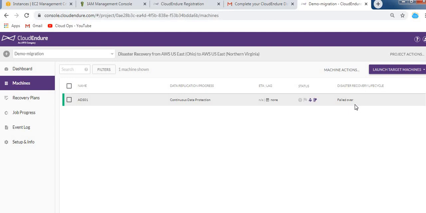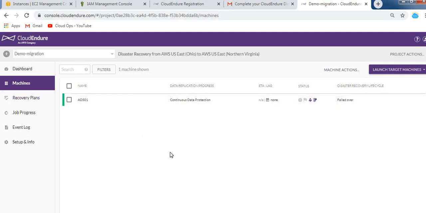So what's next? Once this is done, you get the latest snapshot, latest machine. Then you need to inform your network team to change the traffic from your primary site to your disaster recovery site. Or if you know how to do that, go ahead and do it, and make your DR site up and make it the primary. This is how the cloud endure migration and the replications happen.